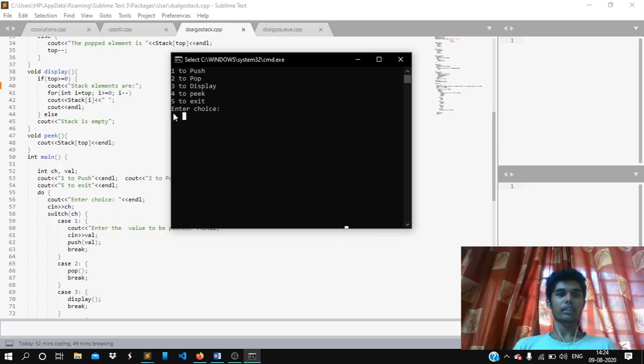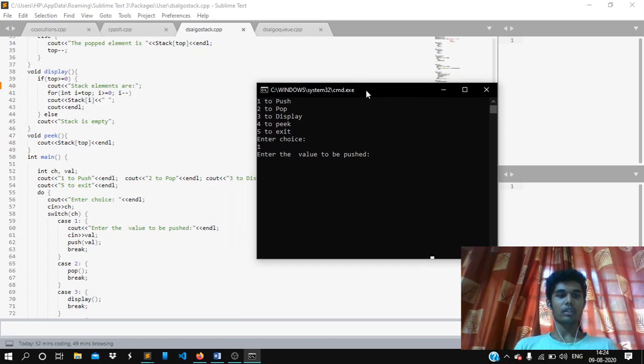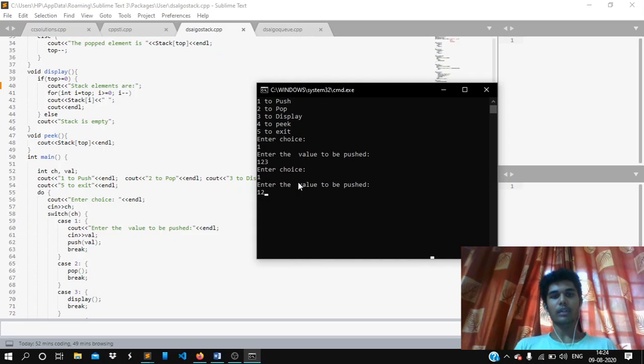So first we will enter choice 1. We will push the element, enter the value to be pushed, as I have written here. We will push 12, 123. Okay, and again we will push the element as 12,